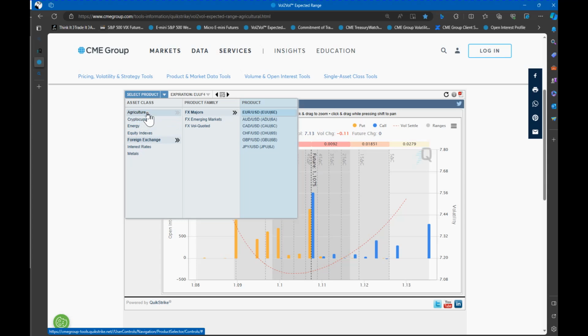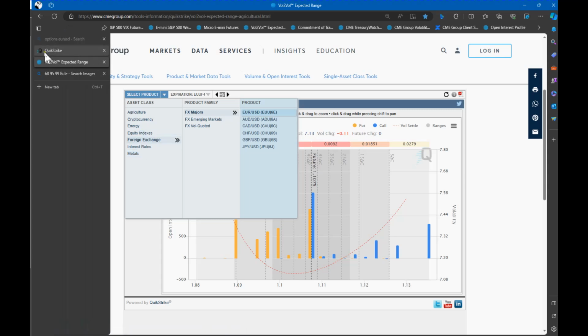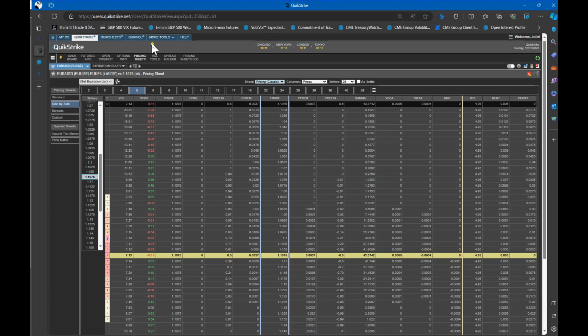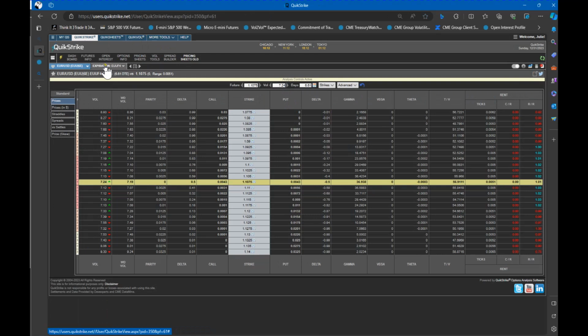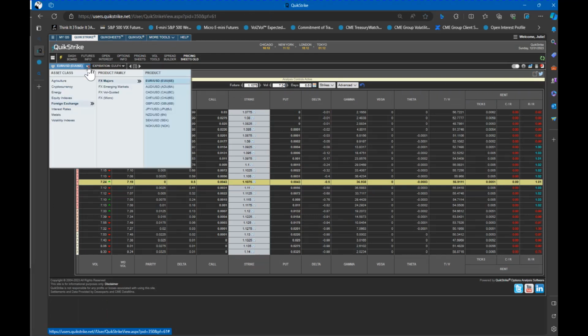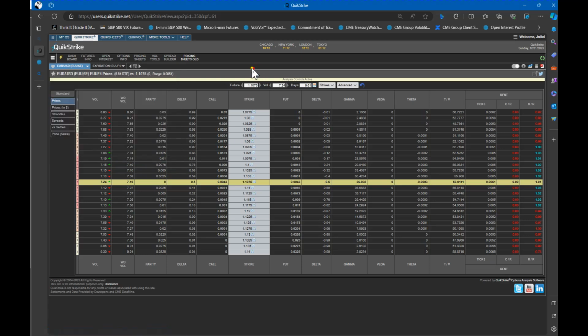And the Quikstrike, though, does have a little bit more. We can go into fixed income and volatility indexes. So you'd have to subscribe for this. There's your difference. But you sure do get plenty on the free version. I think it's worth a subscription,